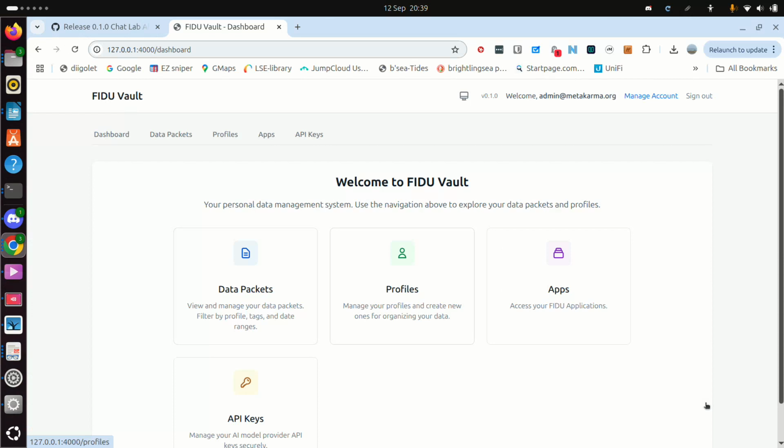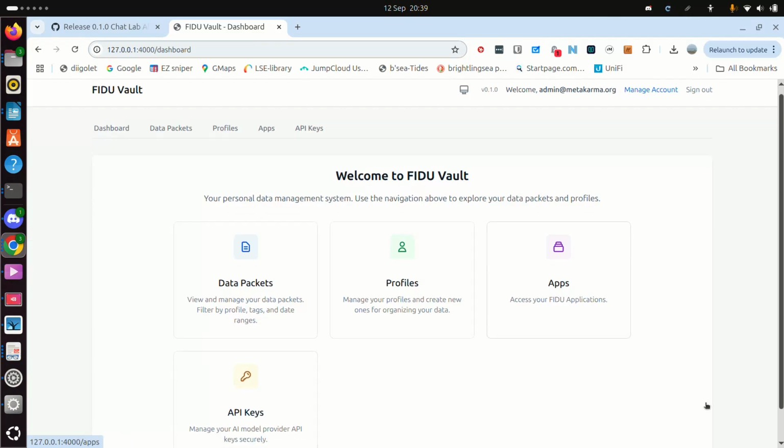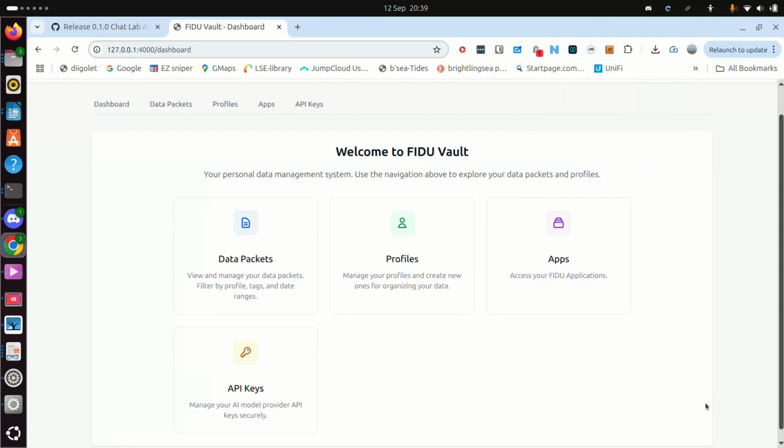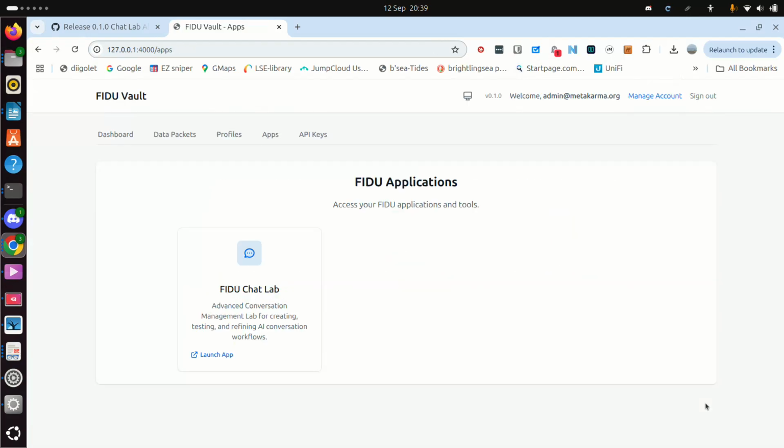Vault profiles, an as yet unused feature which we'll be using in future apps. And here we go, the apps and API keys, which we don't have to worry about for now. So we go into the apps tab, and here we find the FIDU ChatLab. We can launch the FIDU